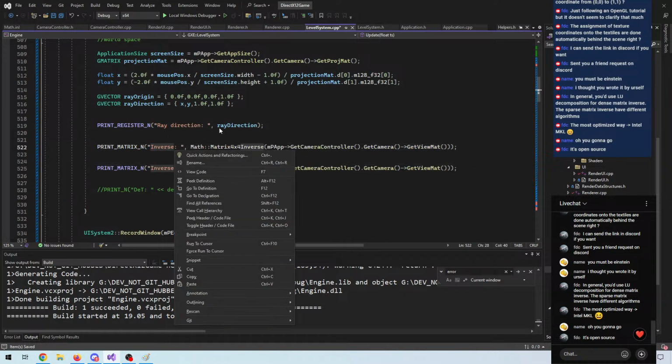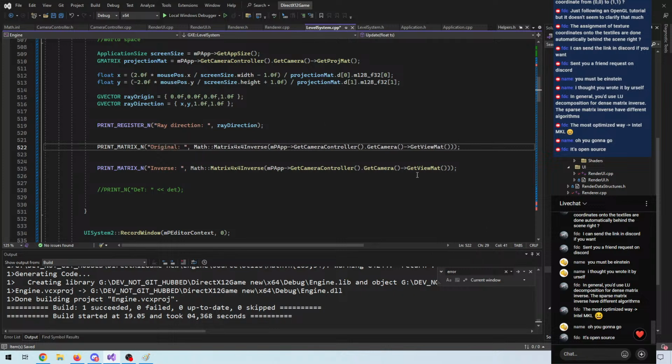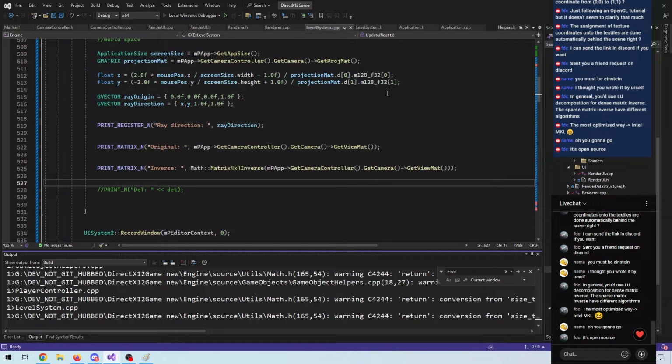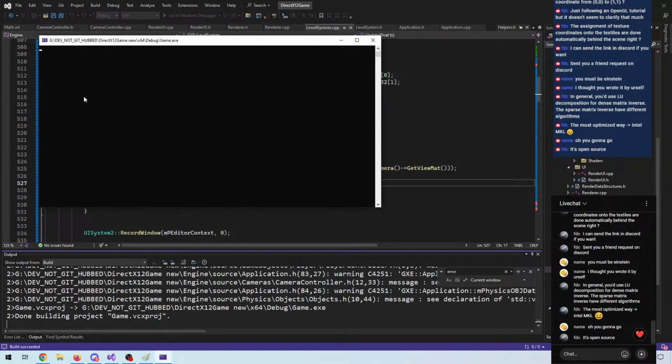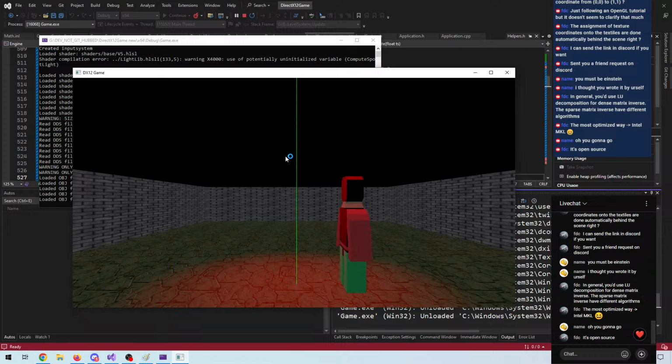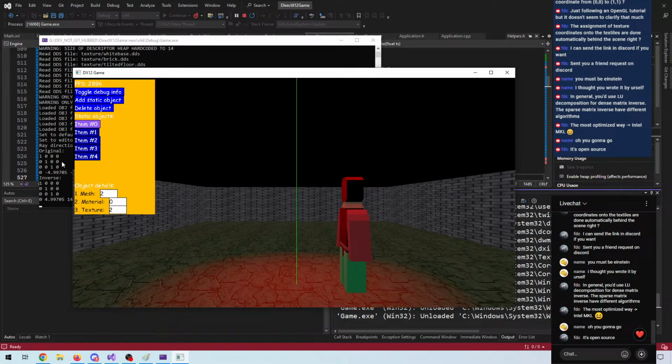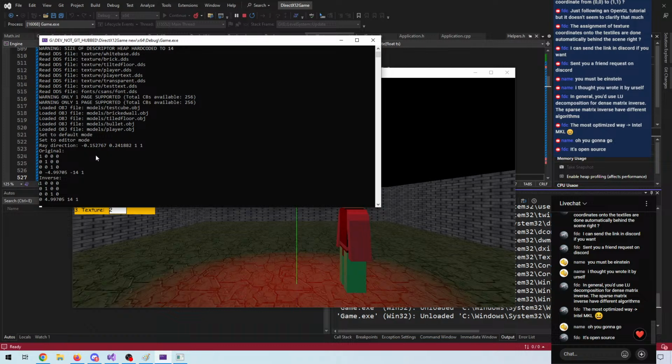And original. Let's just debug that. Slash test it. Let's see. So we enter editor mode and let's see if we